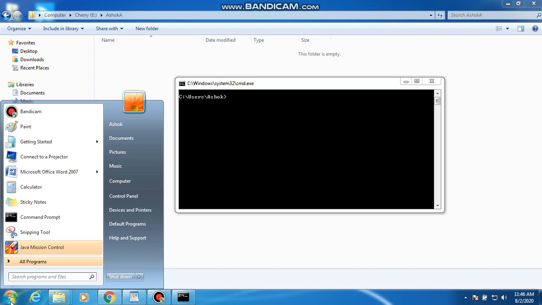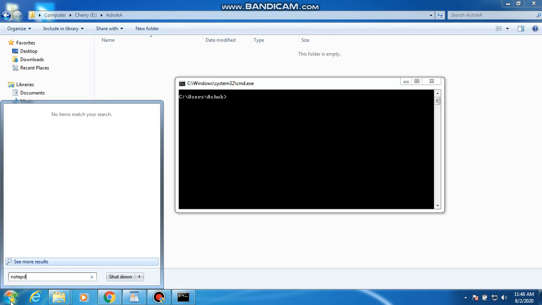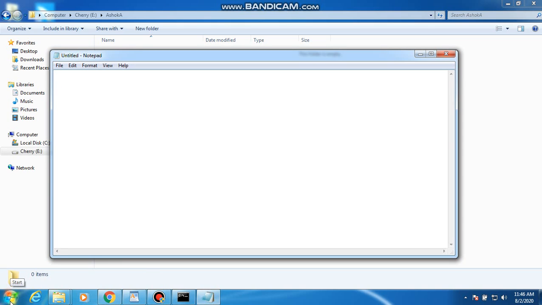Then go to the Start button again. In the search option, you can type notepad. Open the notepad and write a simple Java program here.